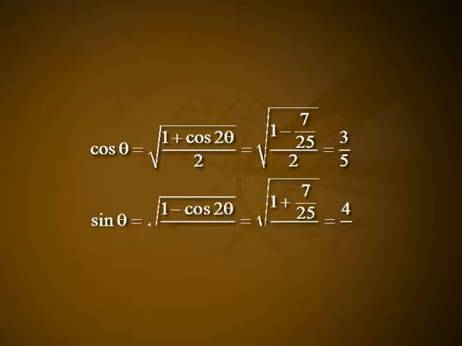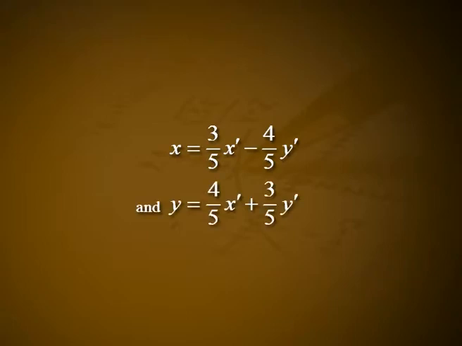Sin θ = √((1 − cos 2θ)/2) = √((1 − 7/25)/2), which is equal to 4/5. Substituting these values in 10 yields the rotation equations x = (3/5)x' − (4/5)y' and y = (4/5)x' + (3/5)y',